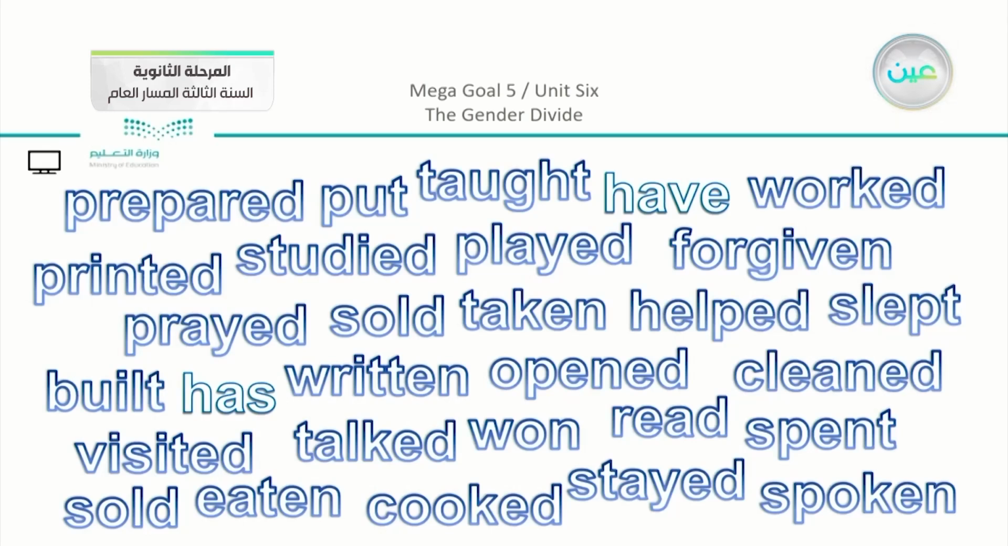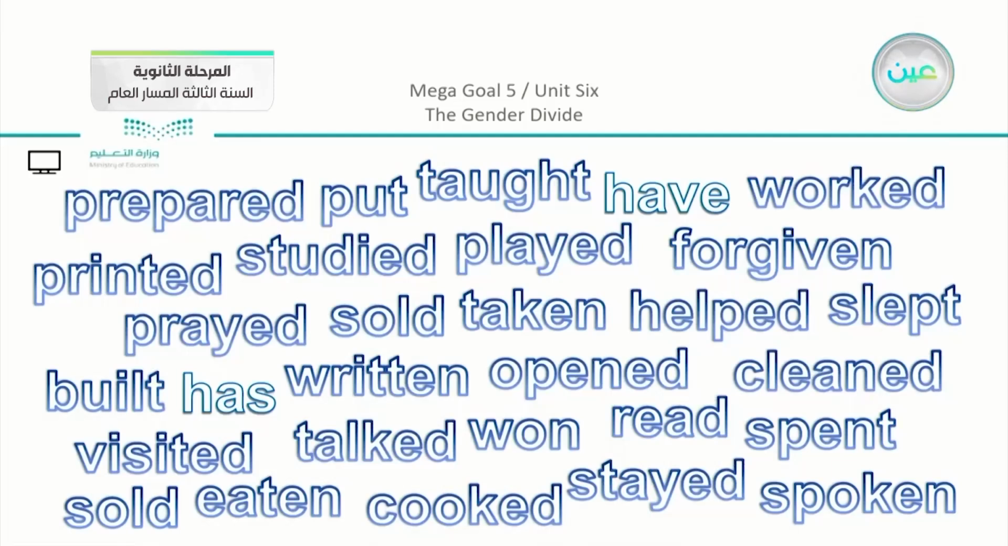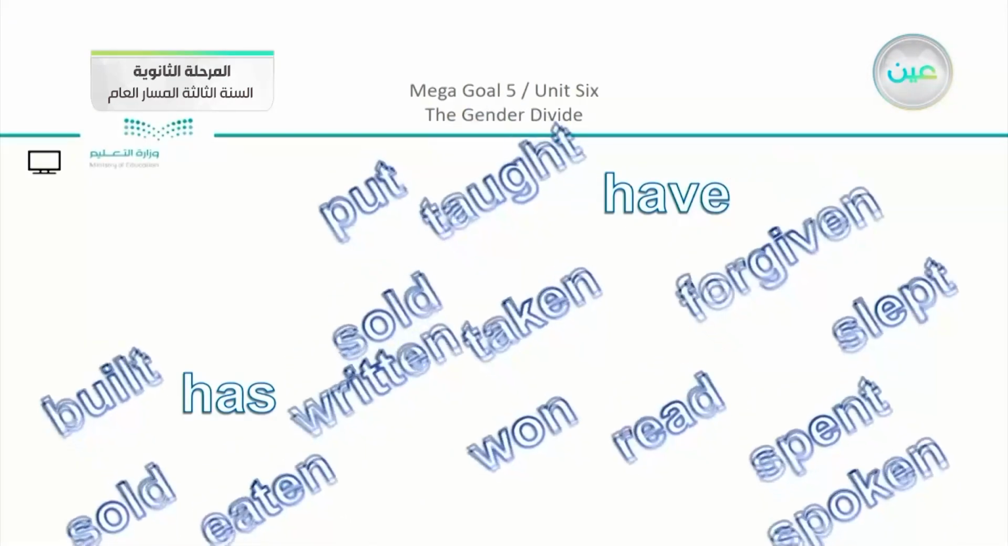Now speaking of forms, you can see that we have a lot of verbs here. We can, first of all, see that we have regular verbs that we add ed to them, like we have here prepared, opened, stayed, worked. And we have the other type, which are irregular verbs. And these irregular verbs like taught, forgiven, read, won, eaten, they are irregular verbs which have the whole form of